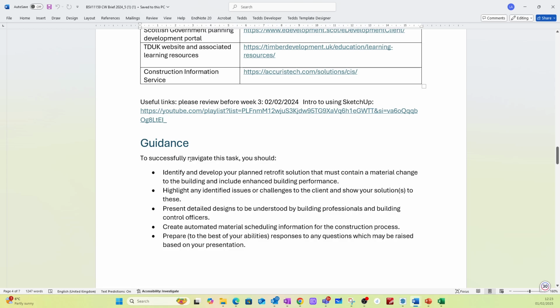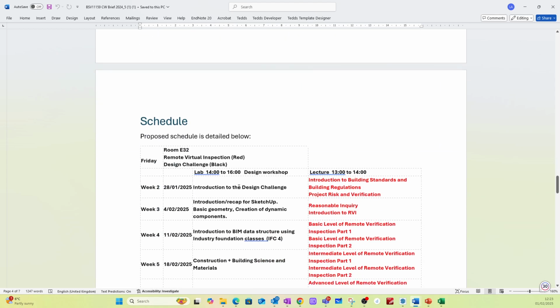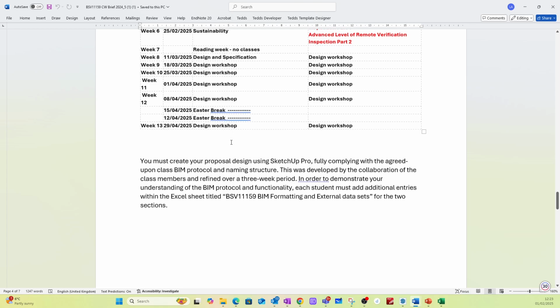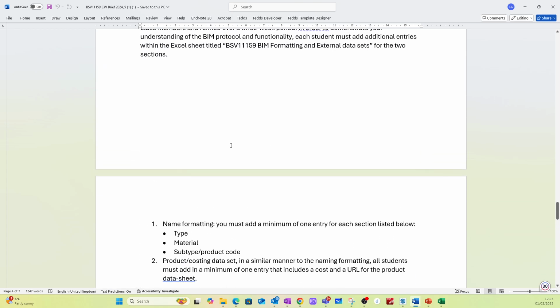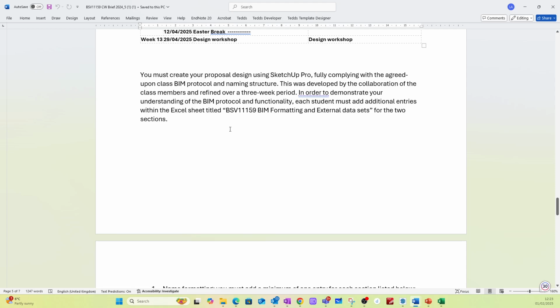For guidance, to successfully navigate the task, you should identify. Yeah, you can read through that yourself. That's not a big one. Got that schedule again. Now here we go. In the output,